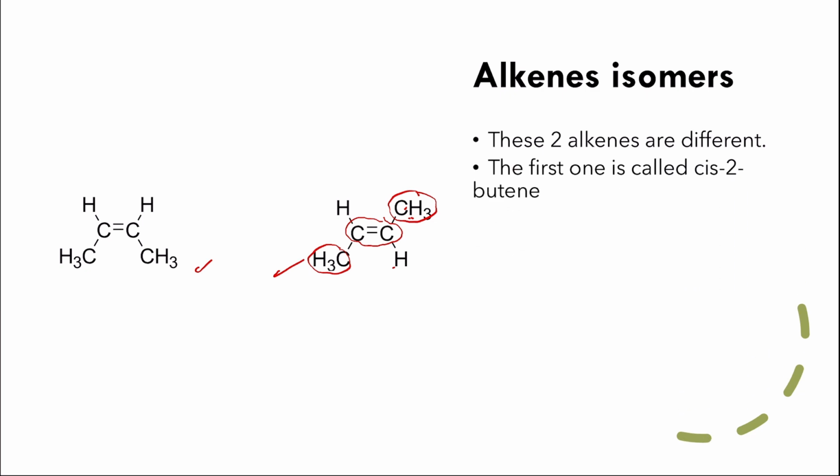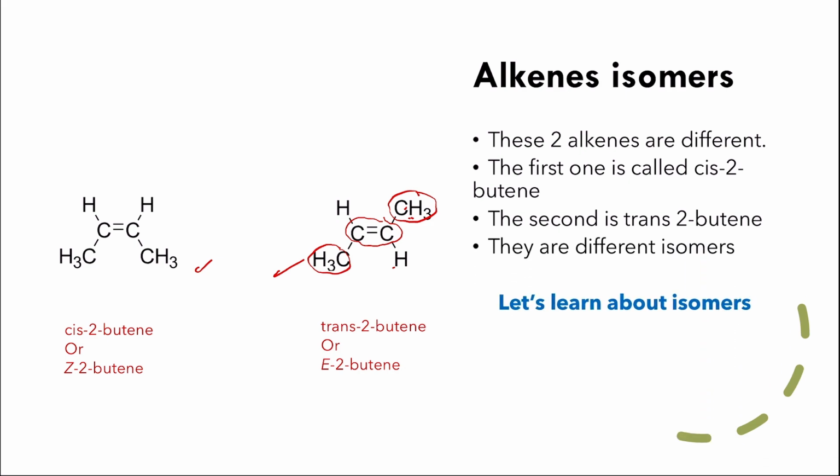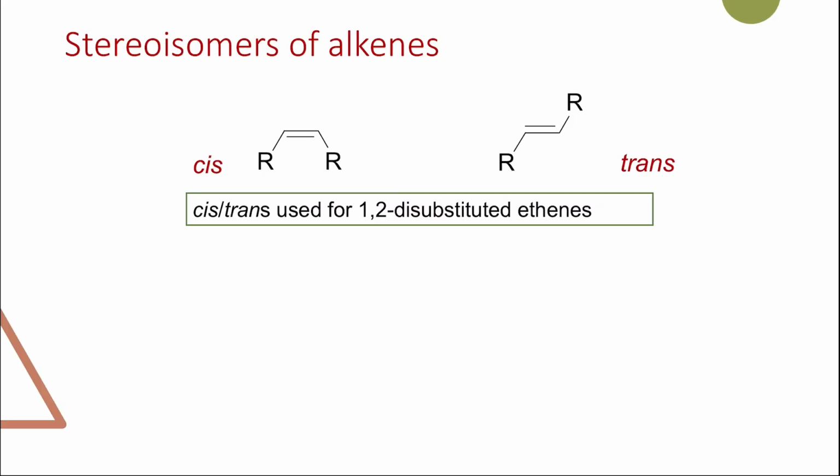So the first one is called the cis-2-butene, or we call it Z-2-butene. The second one is called the trans-2-butene, or E-2-butene. So let's learn more about these isomers and how we can give it that prefix as Z or E. So there are two different possible isomers for alkenes, and these are called cis and trans, and we call it cis and trans only if we have 1,2-disubstituted